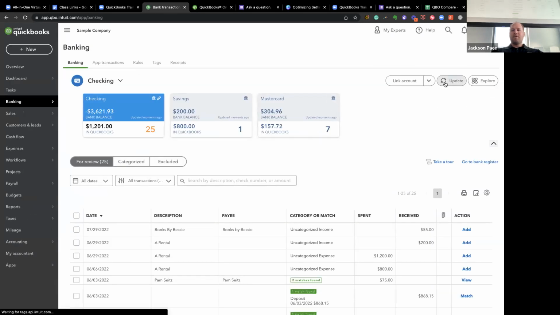You can see right here where it says updated moments ago. This is the last time QuickBooks went to your bank account and updated that balance. If this says 2 days, 3 days, 30 days ago, the first thing you should do is hit this update button. What that does is tell QuickBooks, okay, go to my bank and update my QuickBooks with all the latest transactions, and then come back here and just watch those balances and kind of know